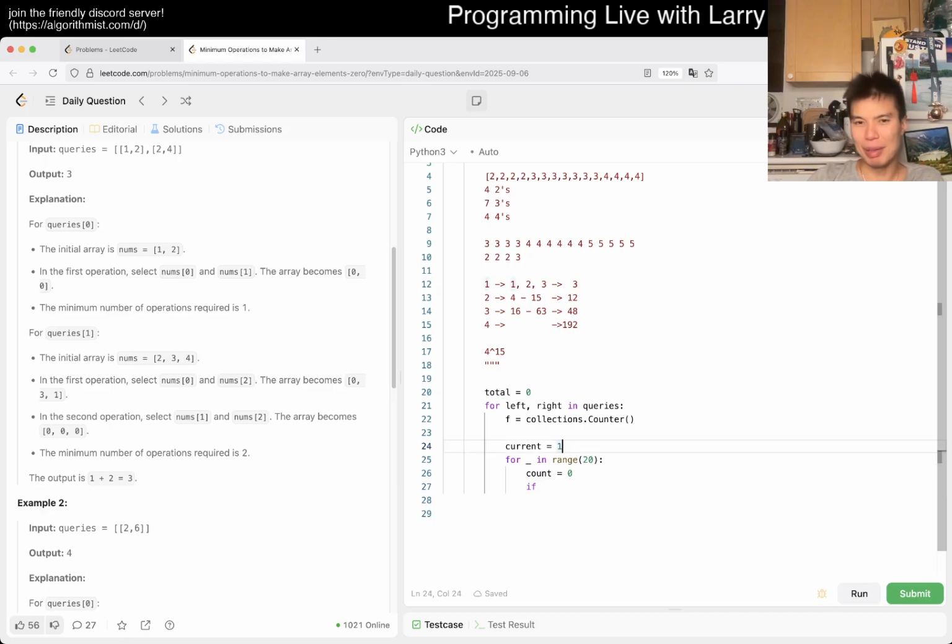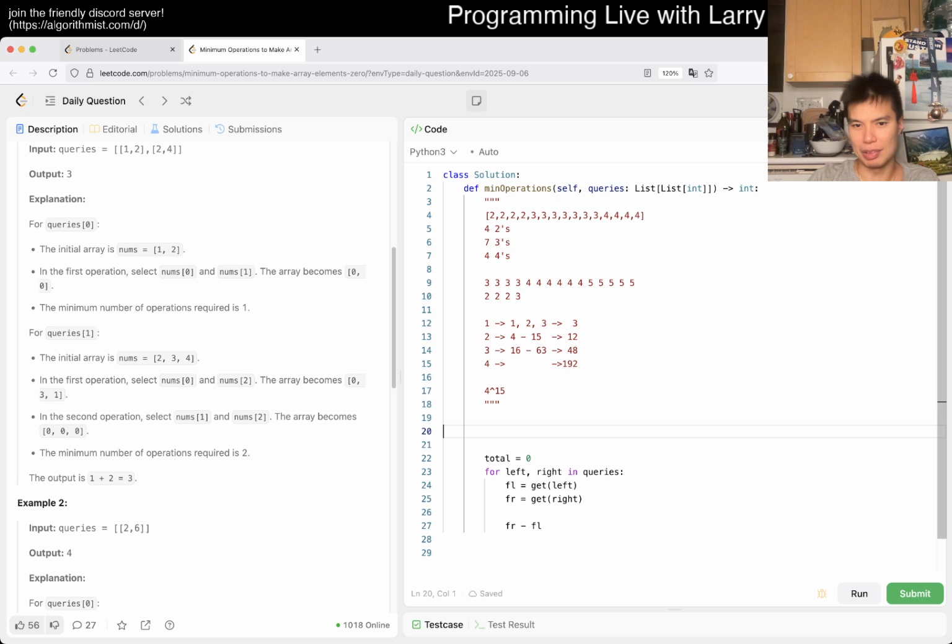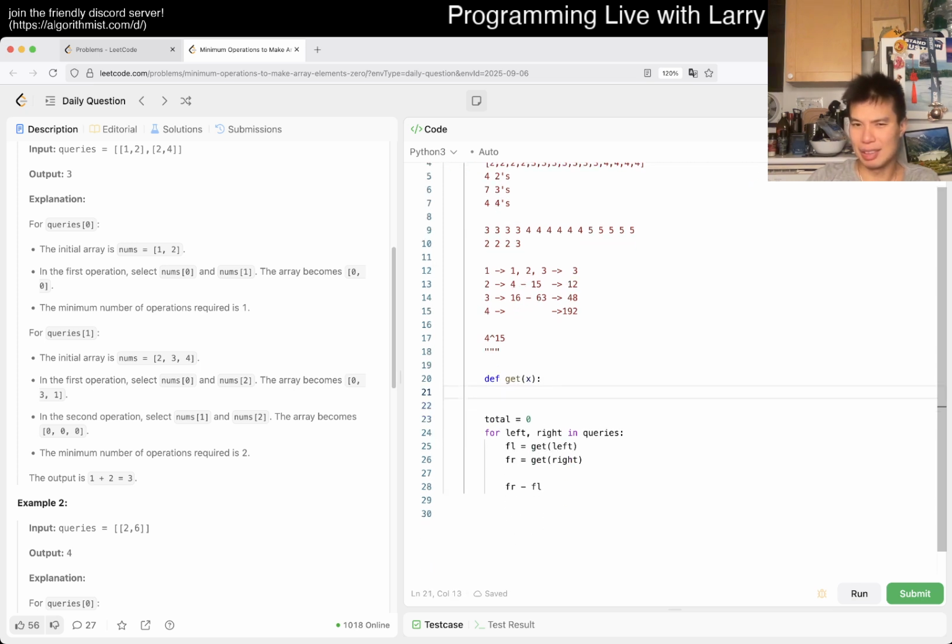I think what I'm trying to do is just prefix sum. So okay, let's just do prefix sum. I think that's probably the cleaner way of getting it. Let's just say f left is equal to get left, f right is equal to get right, and then we just do fr minus fl, right? So maybe we could even put in a helper function. So we have get x, and then prefix sum, because intervals are a little bit trickier. Maybe I should have done it this way to begin with. So right. So then now